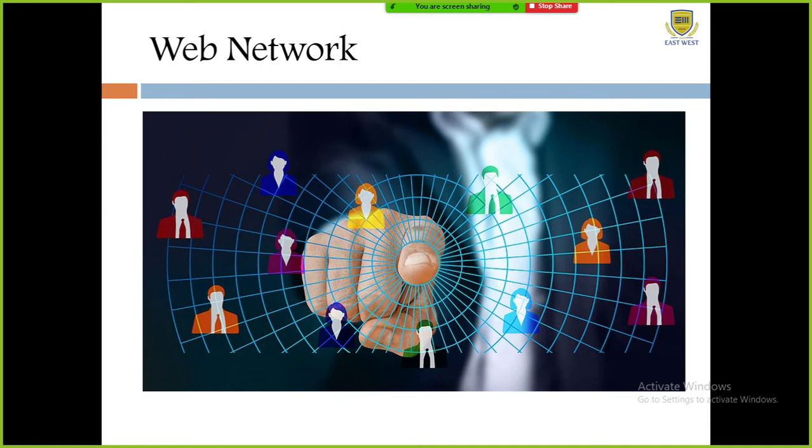Another example: in our campus we have two buildings, one dedicated to diploma and one to engineering, with sub parts within them. The connection between the diploma building and the engineering building is also an example of a LAN, that is, a local area network connection within the local area. This is the first type.